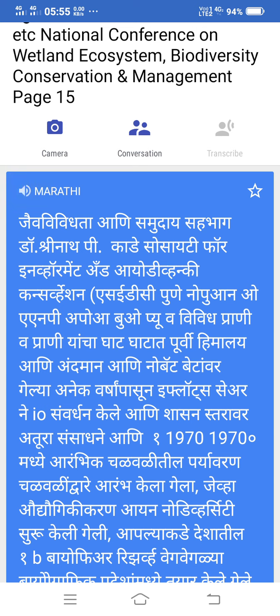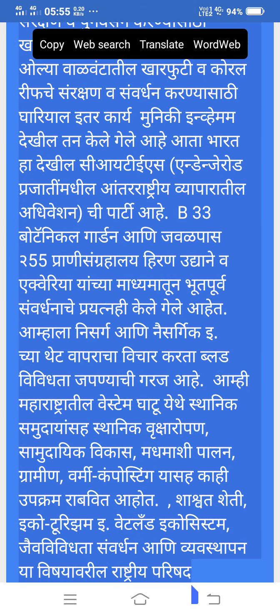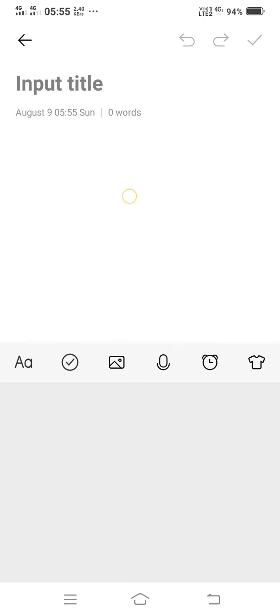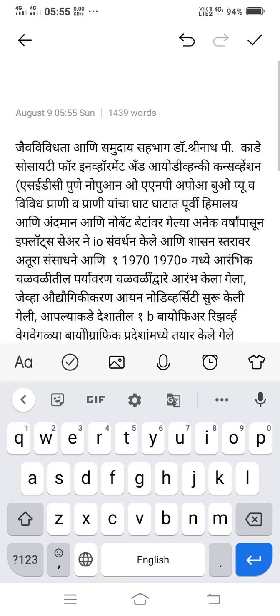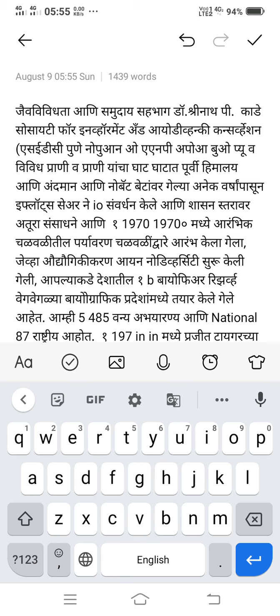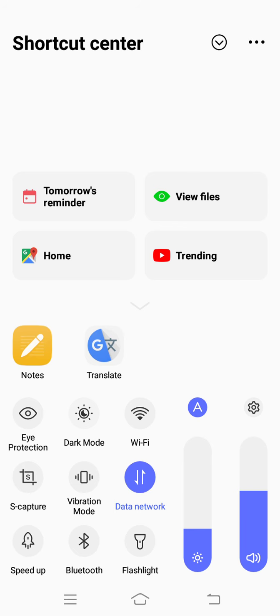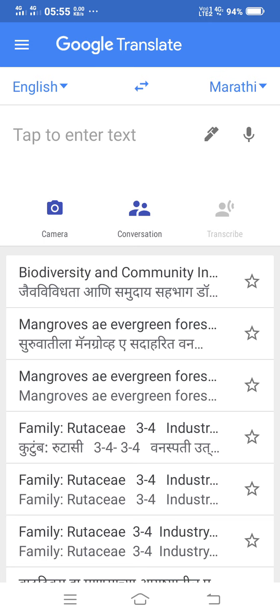So this is how you can directly translate text from hard copy to any other language. You can also select this text. You can copy, you can paste this text. I will copy this text and I will go to my mobile phone and paste the text. So this is how I have translated directly from a hard copy of an English book and saved it in my mobile. I can do copy pasting and editing also by using this Google Translate app.